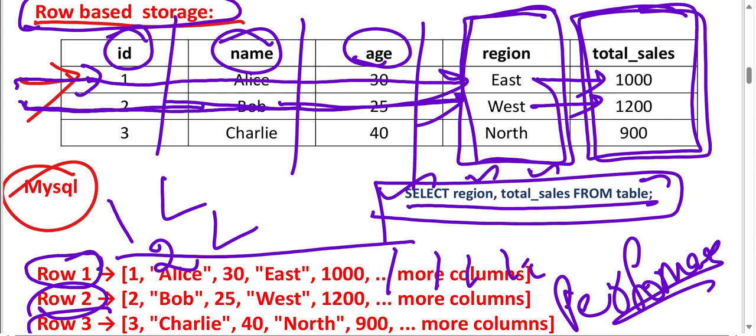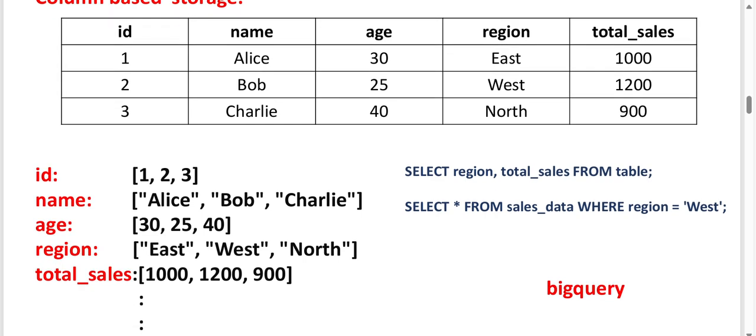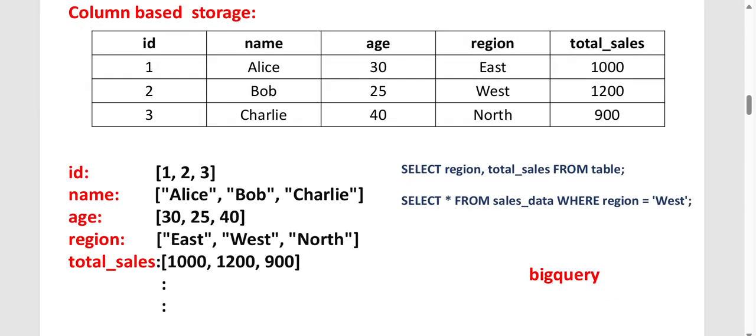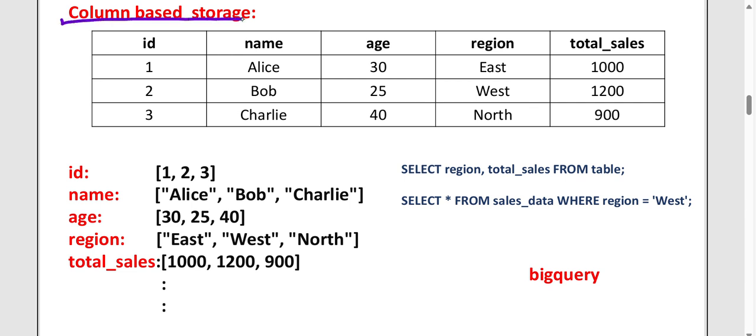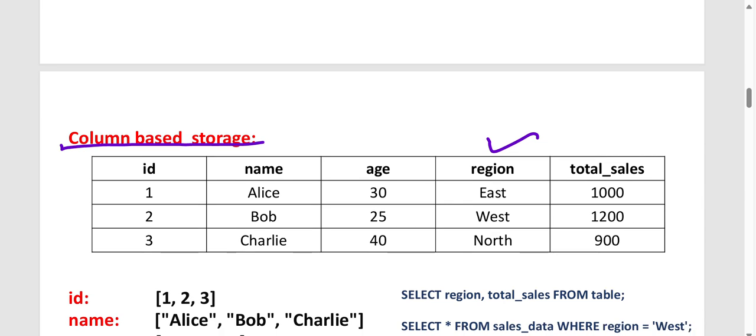So to overcome this, we have the columnar storage. Let us take, in the column-based storage, BigQuery is a column-oriented storage, as I told, right? But when you observe here carefully, the format is the same. The appearance will be the same. The table will be like this only. But internally BigQuery is going to store the data in the form of columns, whereas the other is going to store in the form of rows.